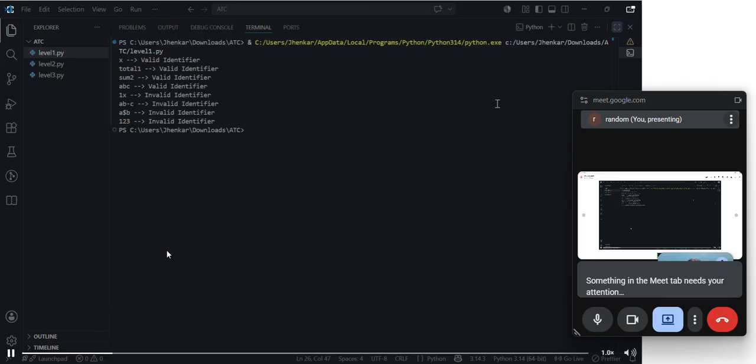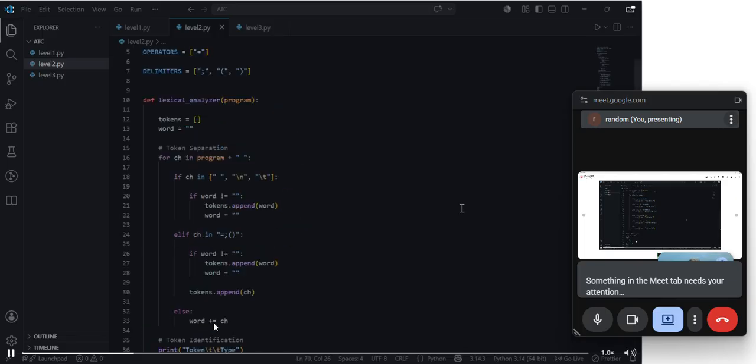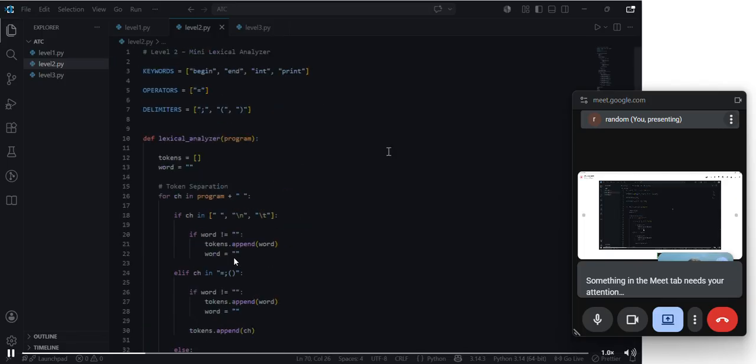So here we go to the level 2 code. Let me now explain the level 2 code, which is the mini lexical analyzer code. In level 2, the program acts as a simple lexical analyzer. The code first defines lists for keywords, operators, and delimiters. The lexical analyzer function reads the mini ATC program